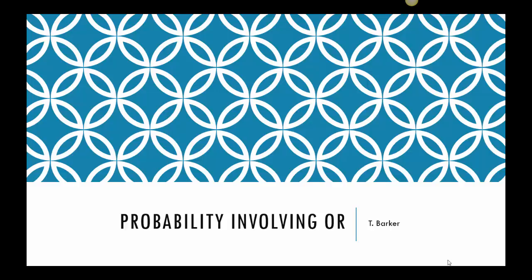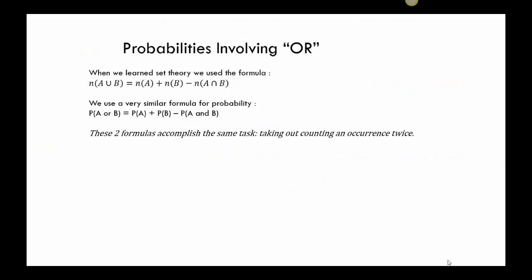In this video, we're going to look at probabilities that involve the word "or". So remember back in set theory, we had this formula for cardinality that said the number of elements in A union B was the number of elements in A plus the number of elements in B minus the number of elements in their intersection. Hopefully you remember that, because we're going to do something really